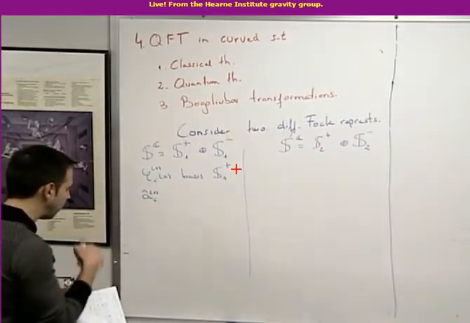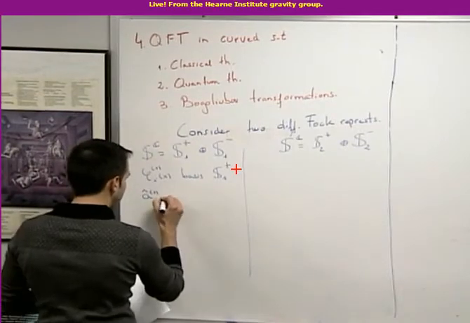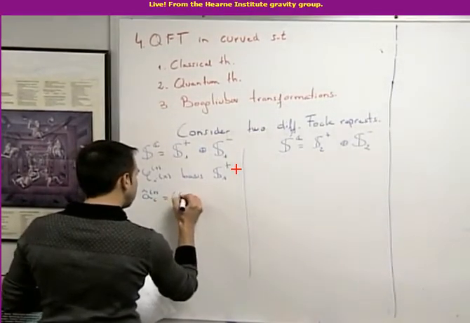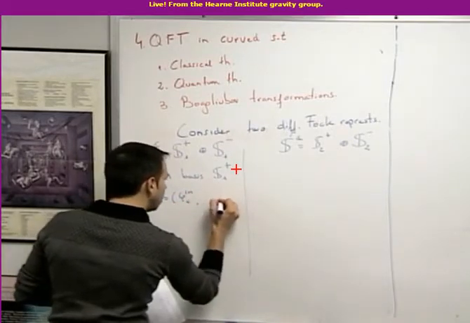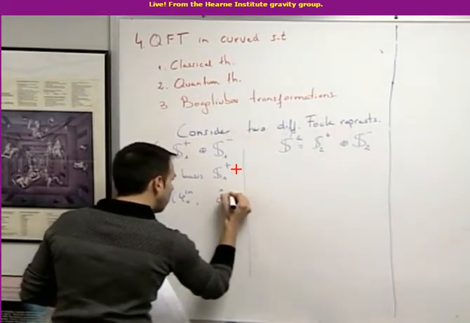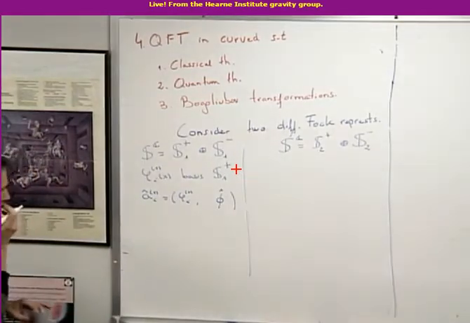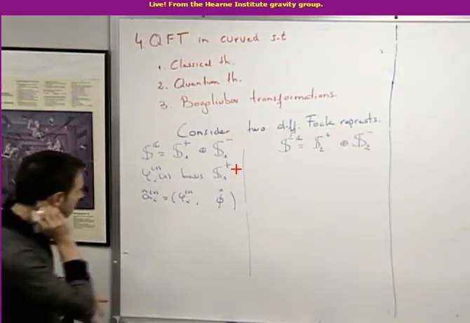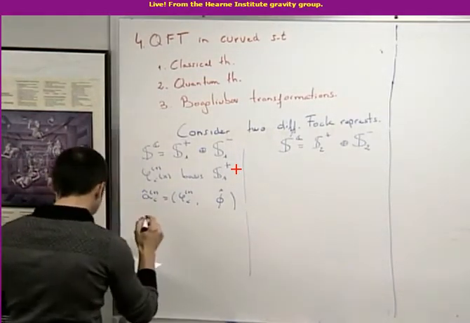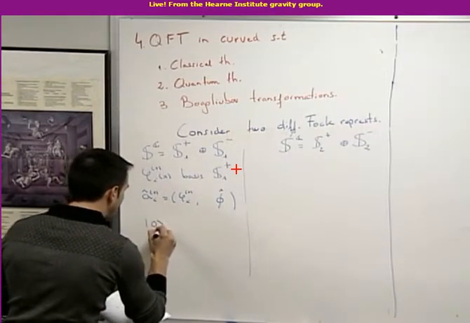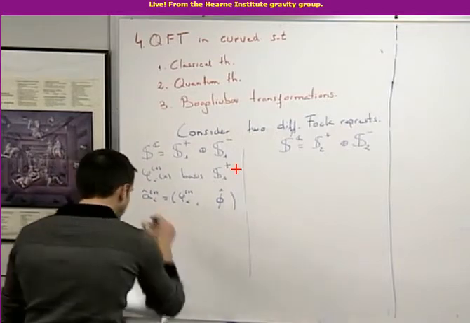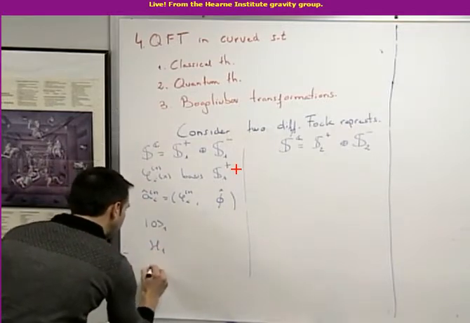In this case, annihilation A1, which we can obtain as usual, projecting the field operator with the corresponding positive frequency mode. And our vacuum, which we will call vacuum 1, which is annihilated by all these,